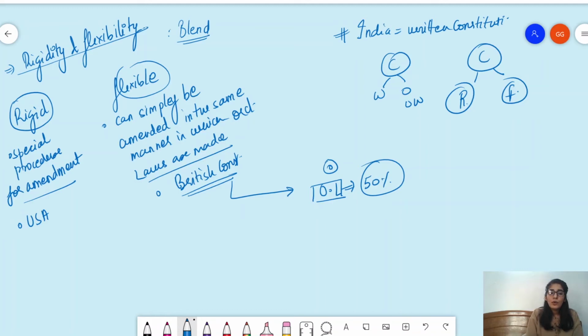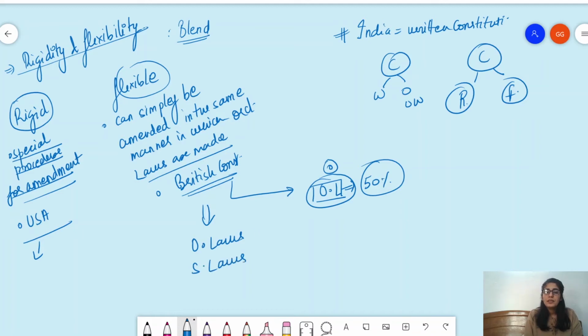But in the case of the USA, when we're talking about amending the constitution, we have a special procedure for amendment. We are not simply following, like the British, the ordinary procedure which is there for ordinary laws. For special laws, there is a special procedure. Let's just simply put it: in a layman's language, for ordinary laws and special laws, the same procedure, the same provisions. Here, for special laws, special provisions.